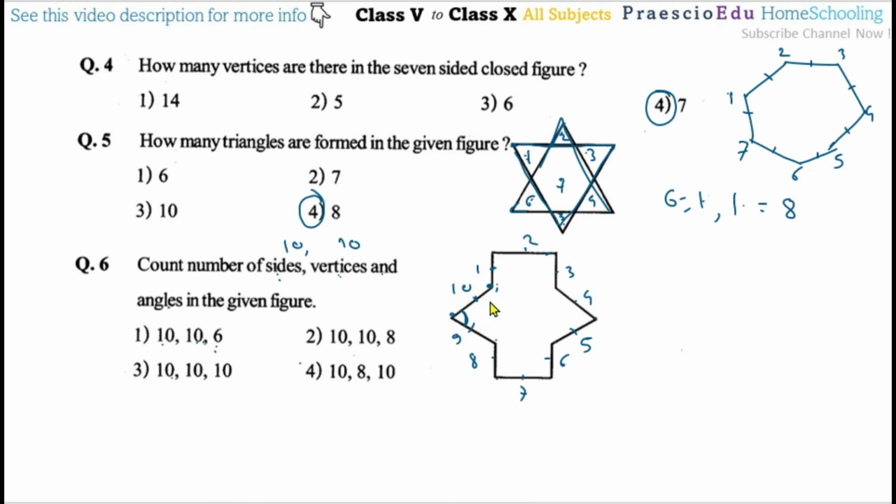So now this is one angle, this is 2 3 4 5 6 7 8 9, and this is 10, so 10 angles, so 10, 10 and 10 means option number 3 is a correct